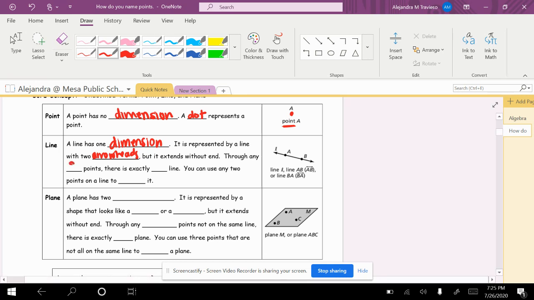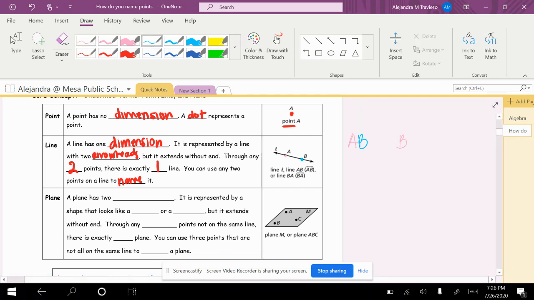Through any 2 points, there is exactly one line. You can use any 2 points on a line to name it. So here we have point A and point B. Let me color code that. You have point A and point B. So we can name this A, B, or B